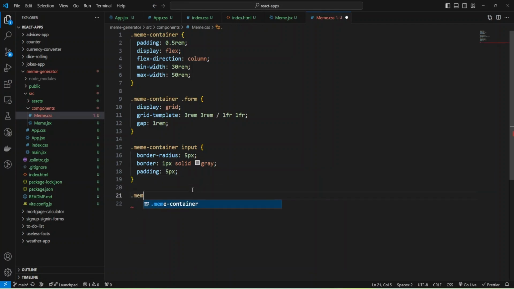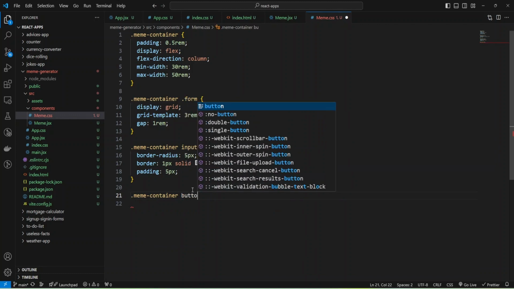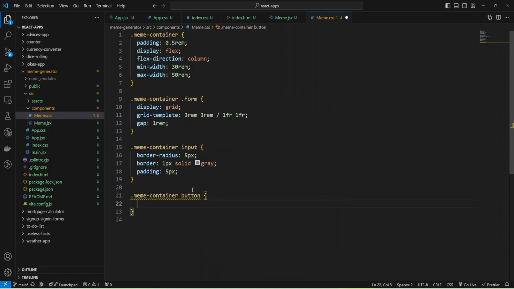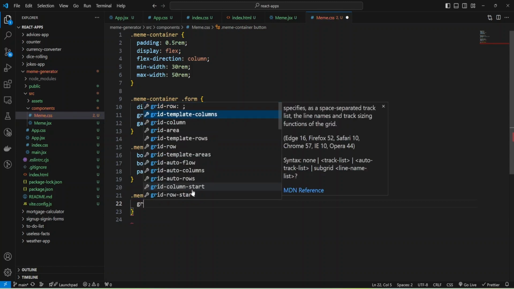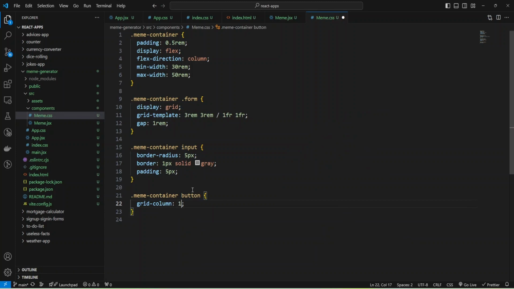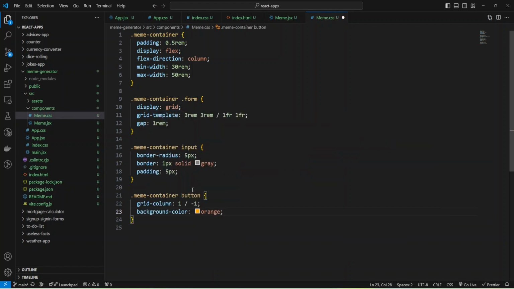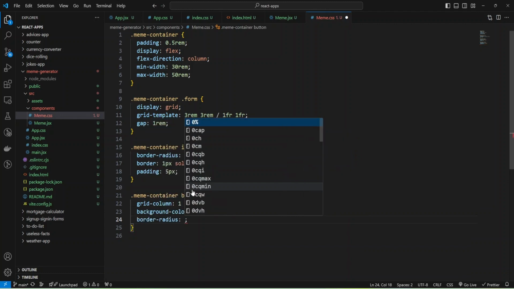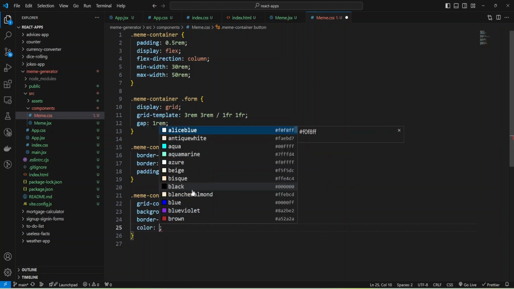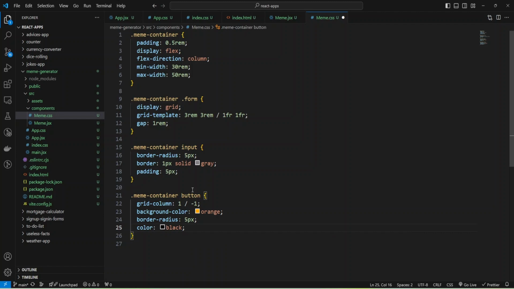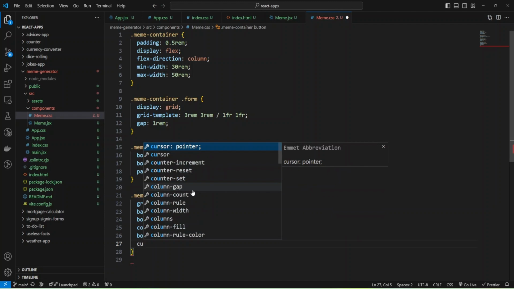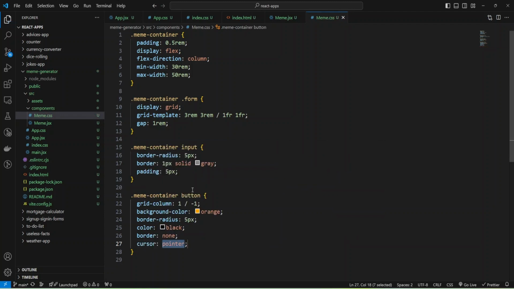I'm going to use meme container button and provide styles to grid column, and make the button take all the column, and I can add background color orange, and also add some border radius 5 pixels, and also provide color for text black, and also remove border, none, and make cursor pointer, and let's check what I have.